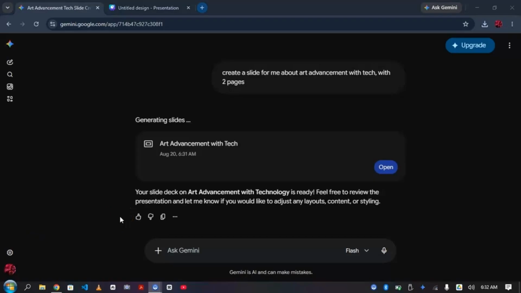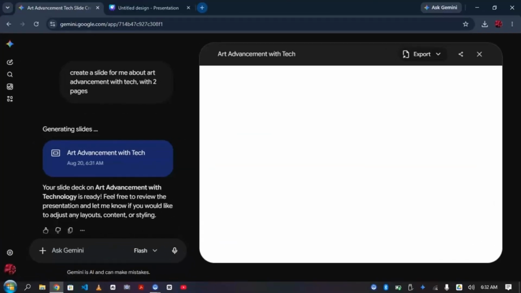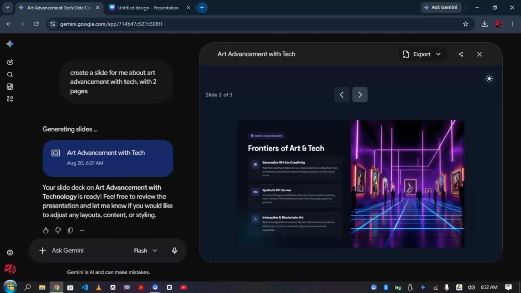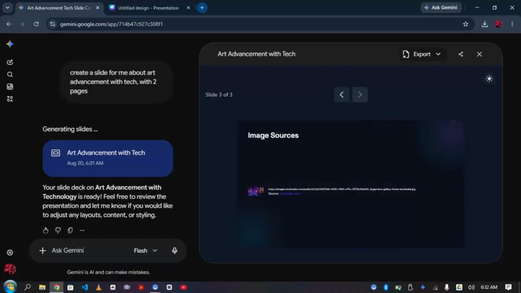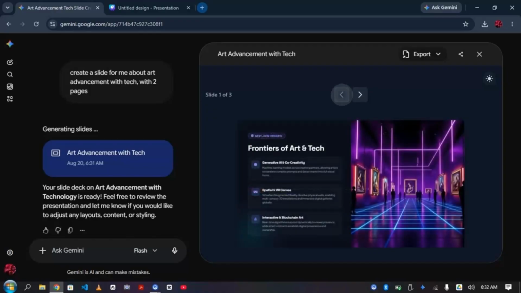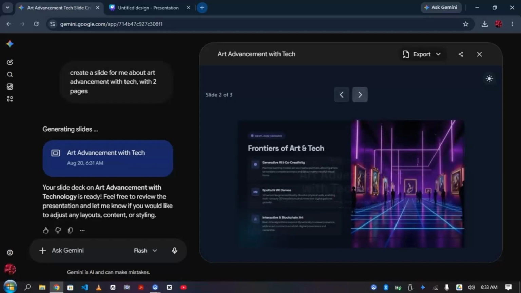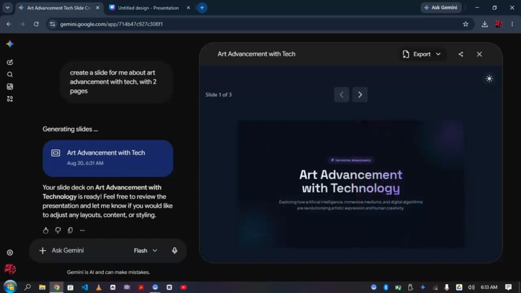So my slide deck has been created. The slide will open in under 5 seconds, and here we have the slide, art advancement with technology, exploring how artificial intelligence, immersive mediums, and digital algorithms are revolutionizing artistic expression and human creativity. So this is very good. The second page, frontiers of art and tech, and so on. The third page, image sources. So this is a simple presentation because it's 3 pages. All right, I told you 2 pages, so it just gave me the last page with the image sources, which